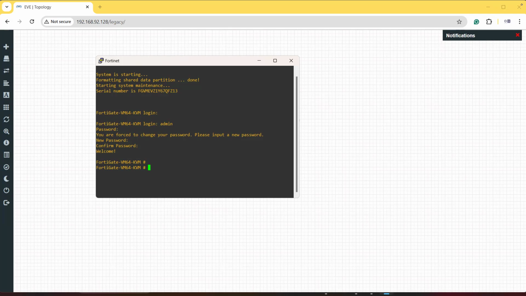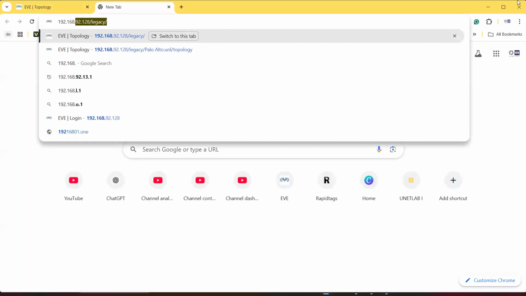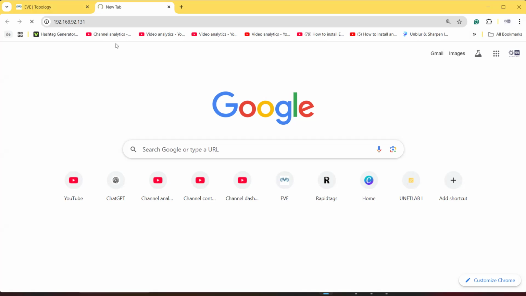Now, to take the GUI access, we need an IP address. So how do we check the IP address of the interface? We have to put the command show system interface, and a question mark. It will show you that port number one of this firewall has the IP address 192.168.92.131. So you can access the GUI with the help of this IP address. Let me put this 192.168.92.131 in the browser. Whenever I press enter, it may be possible that the firewall GUI is not accessible, because